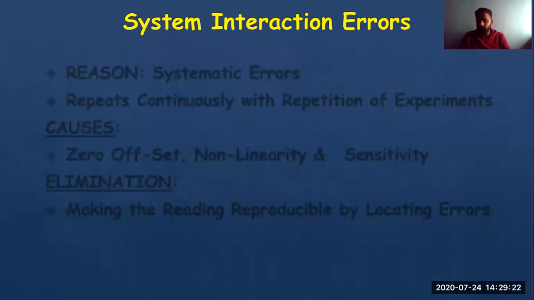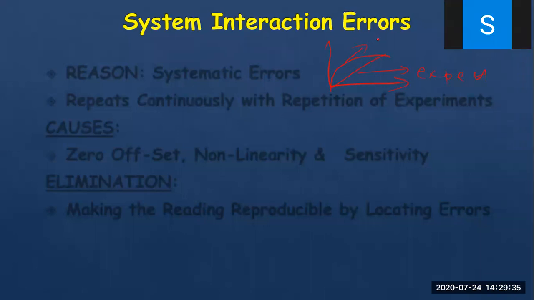Then non-linearity of the instrument. You already know about non-linearity: if input and output are not proportional. Suppose this was the expected reading and this is your actual reading, then this kind of error is called non-linear error.